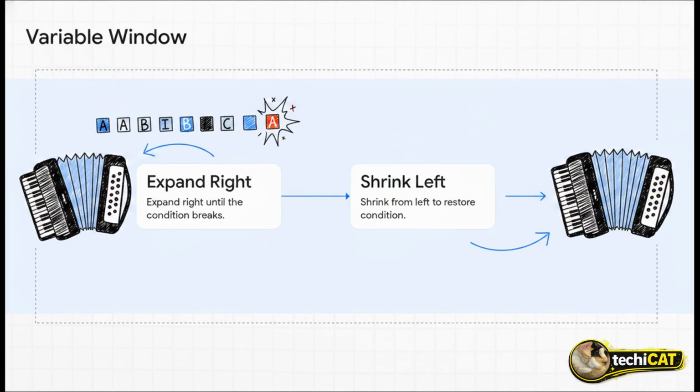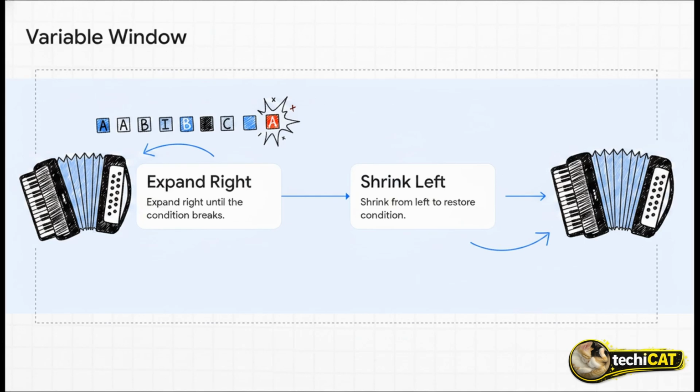Step 1, expand right until the condition breaks. Step 2, shrink from the left. This exact 1-2 punch is what you'll use for those notoriously tricky interview questions, like finding the longest substring without repeating characters. You stretch your accordion out, adding letters one by one on the right, but the absolute moment you